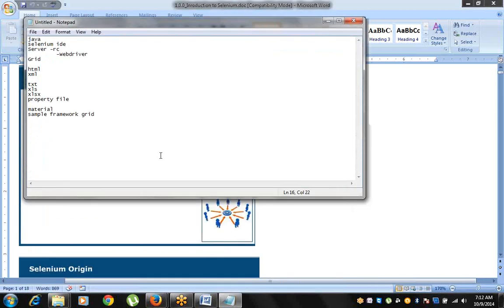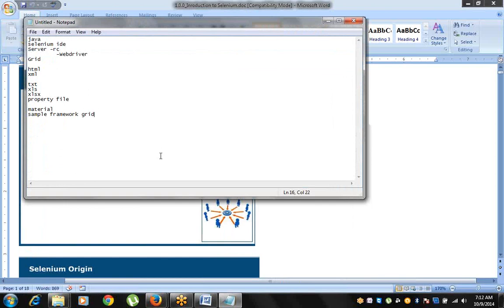Yes, the assignments, yes. The assignment is nothing but whatever I showed today in front of you, the same thing you have to do at your end. It's not just listening and saying okay. So note it down. Whatever I did today, the same code you have to develop at your end. At that time you will face a lot of